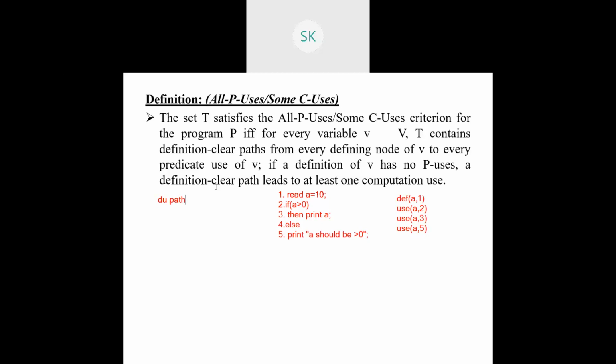DU path, definition usage node path. Then with respect to that, we need to identify whether it is definition clear or not. So I'm taking the concept of DU path here. DU path with respect to P1, I'm saying path 1. So definition usage with respect to the variable A we are talking about, right? With respect to that, 1 is a starting node and 2. 1 comma 2 will be the first identification. If you are getting confused, I'll put a hyphen followed by 2. This is the first path.